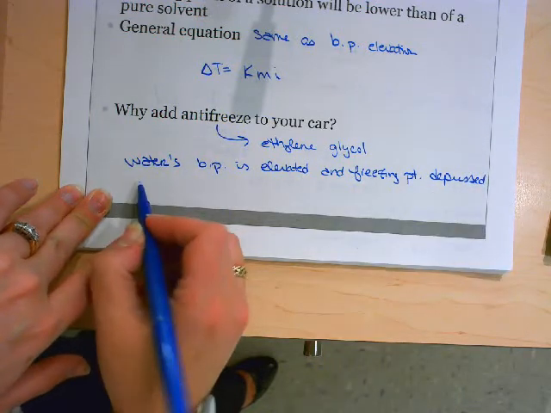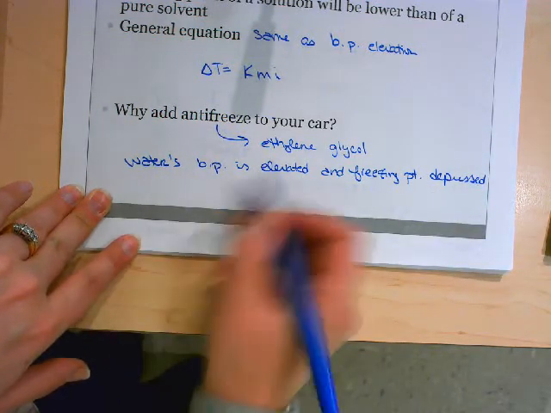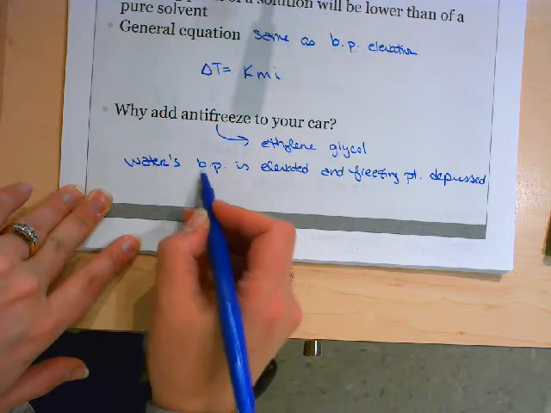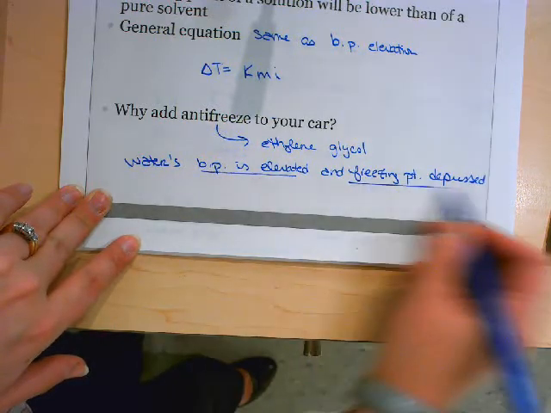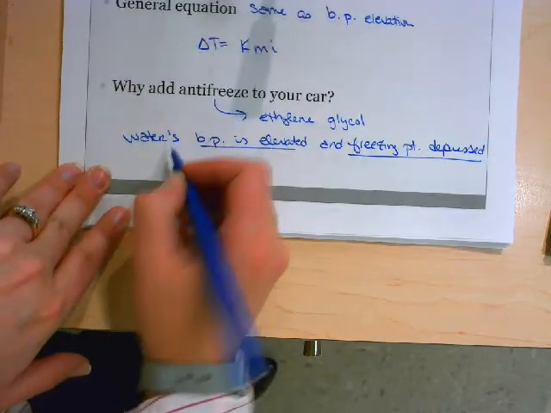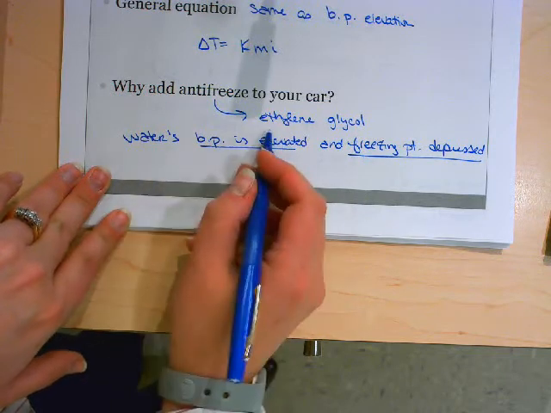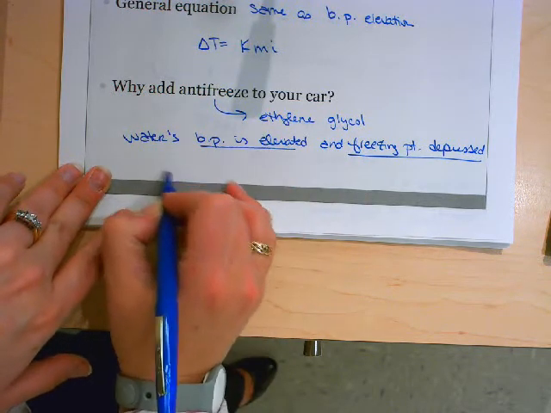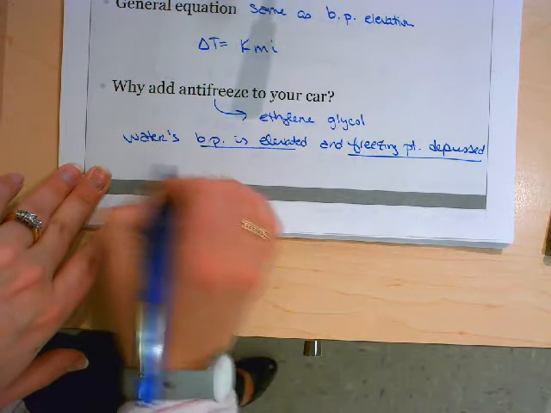So water, which was the pure solvent, when you add ethylene glycol to it, you're going to elevate the boiling point, depress the freezing point, and in fact, a water-ethylene glycol mixture,